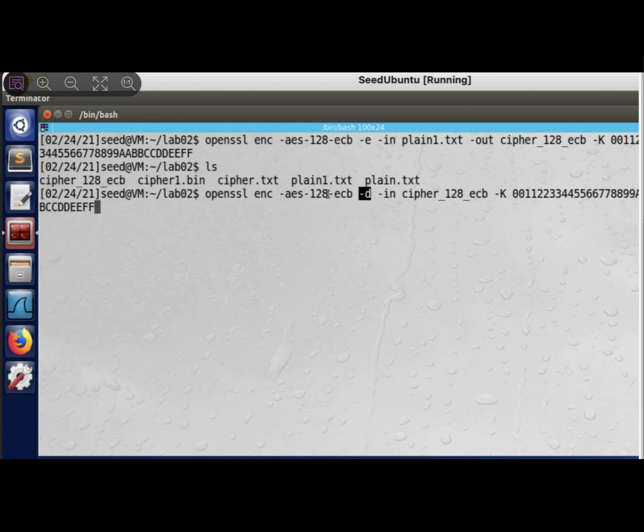Then dash input. What's the input? The ciphertext. Do you need to put the output? You can specify the output. Here do dash out, space, and write the output file that you want. Here I want to save time, instead of storing this one in a file,